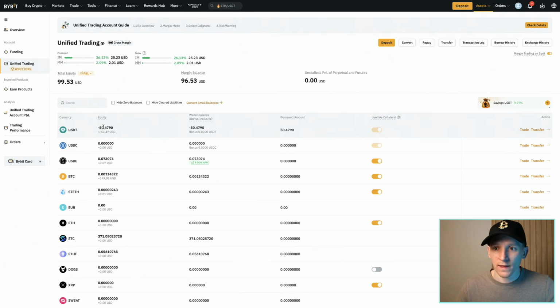Now, the reason they will let me do this is because I have a dollar value of assets in the account to fund any potential losses of $50. So I've got $150 worth of Bitcoin that I just bought, and that's more than enough to pay off this debt. So if I make losses in my trading position, I can have a pretty significant loss before I get liquidated to pay off this debt. But I do definitely have a negative balance of minus 50 here that I need to sort out at some